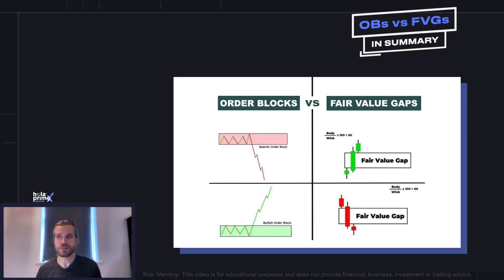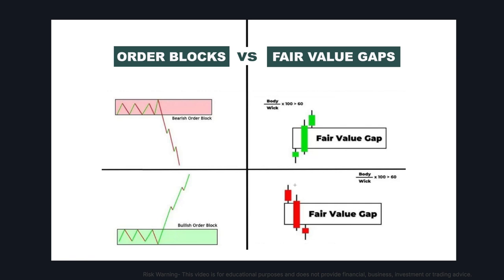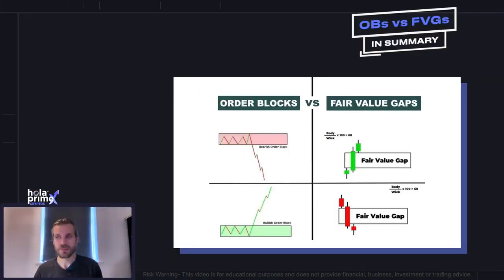The important thing to remember though is that fair value gaps are created when a coin or token's current price differs from its fair value price, usually caused by an imbalance between buyers and sellers after a strong price move in either direction, leaving lots of buy or sell orders remaining unfilled, something big money and exchanges don't like. But it's important to remember that just because a fair value gap is printed, it doesn't mean the price action will immediately return to it, but fair value gaps will always be areas of interest for the price action to